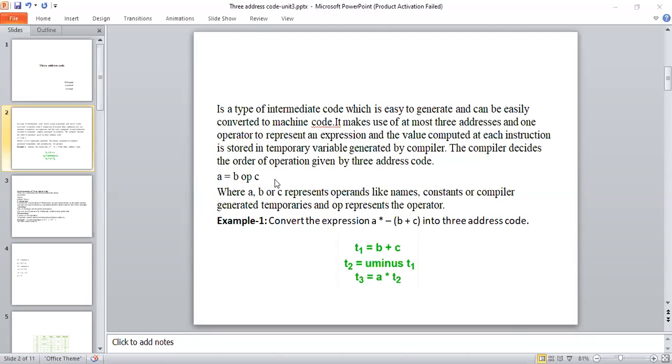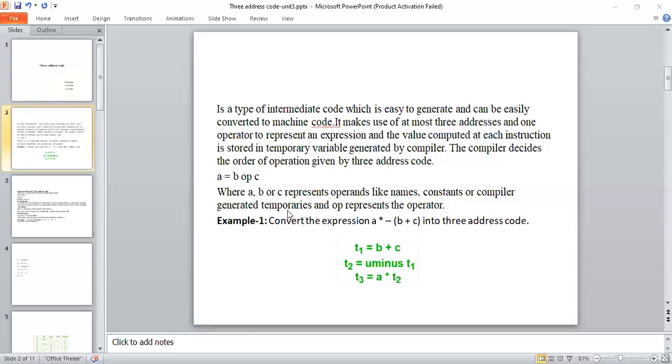To do this statement, I'm assuming three addresses, one for a, another for b, another for c. b and c are input variables, which require a B address and a C address, and after adding these two, the result is stored into A. To show the final result, we need a variable, and that variable also contains the resultant address. Hence it is called a three address statement, because it consists of three addresses a, b, c.